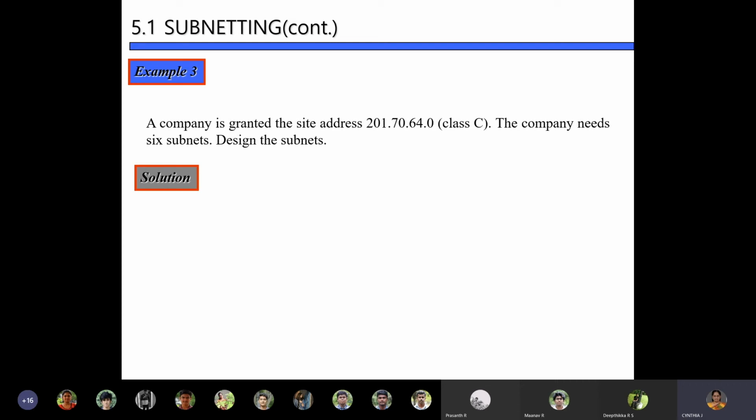Default subnet mask is 255.255.255.0. Now the actual subnet mask is 255.255.255, the decimal equivalent of 111 followed by zeros. So that will be my actual subnet mask. With this, totally how many subnets can I form? Though it is 8, leaving all zeros and all ones, it will be 6.